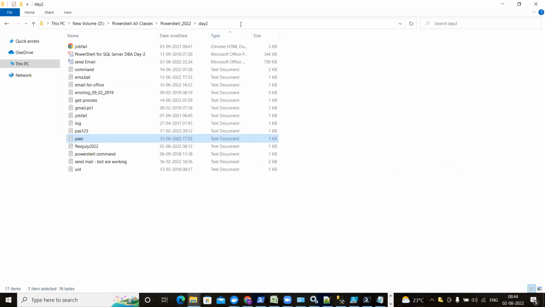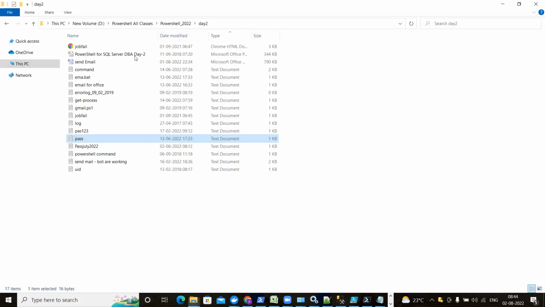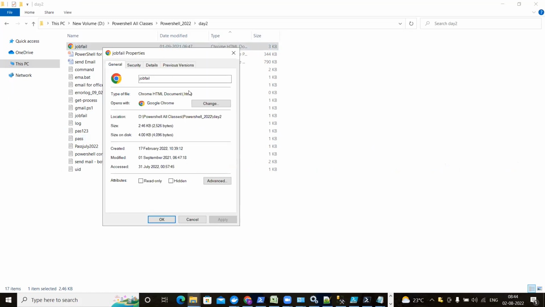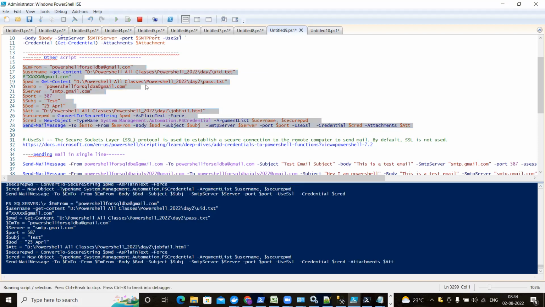I want to send the attachment as my job field.html. Some report I have created, the job field report, and how to get the report I am going to teach you later. I have given HTML this time, and if I run this, it will not ask the